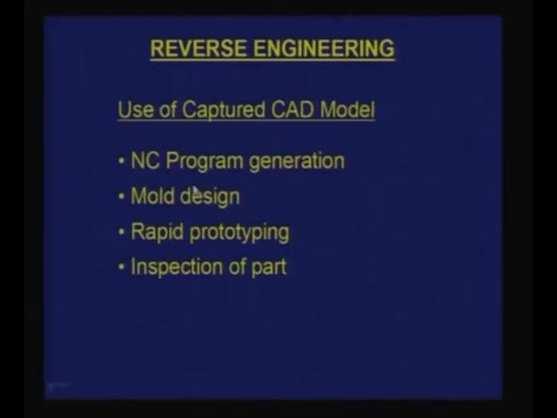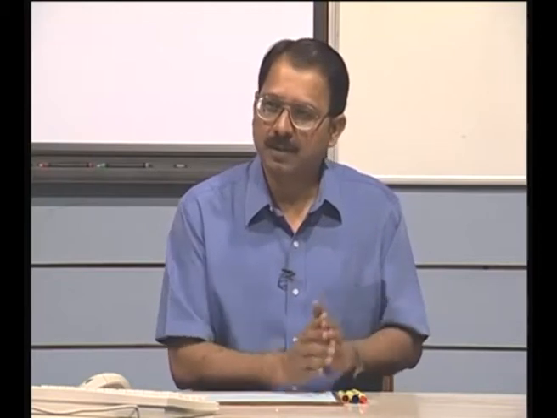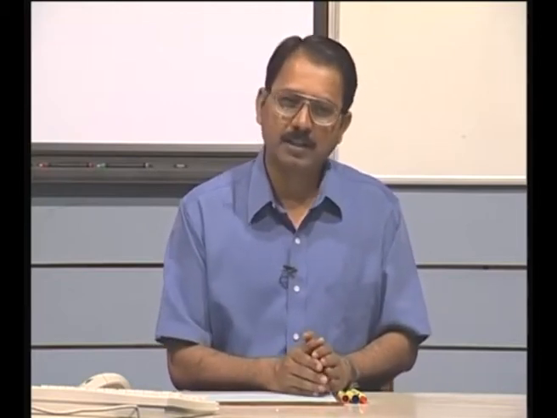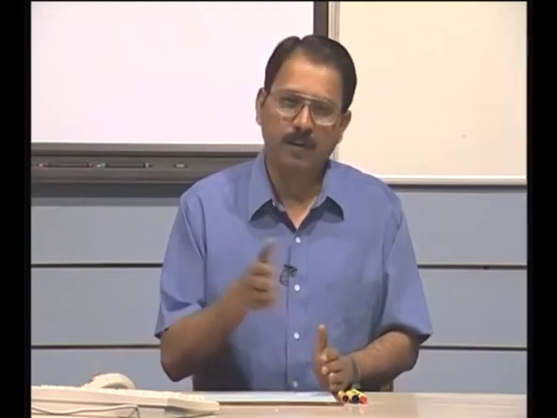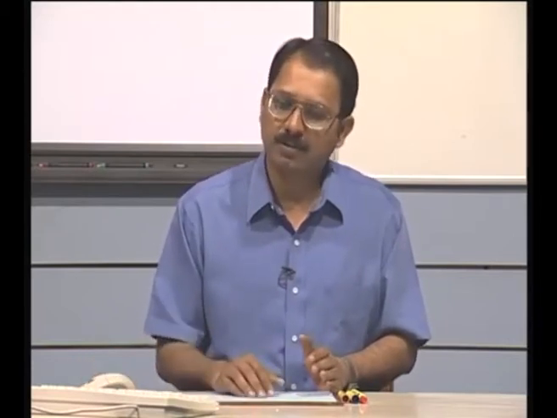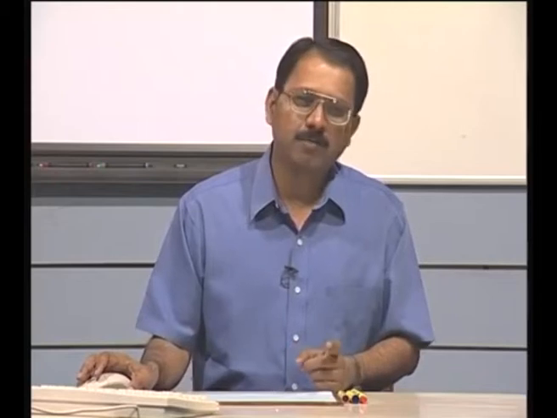But suppose this component is needed in large quantities, let's say you intend to manufacture the geometry which has been captured by a process like injection molding or die casting, then you go and build a mold for it, so that I can get components which are a few tens of thousands or millions in number. Or I may require just one more part,